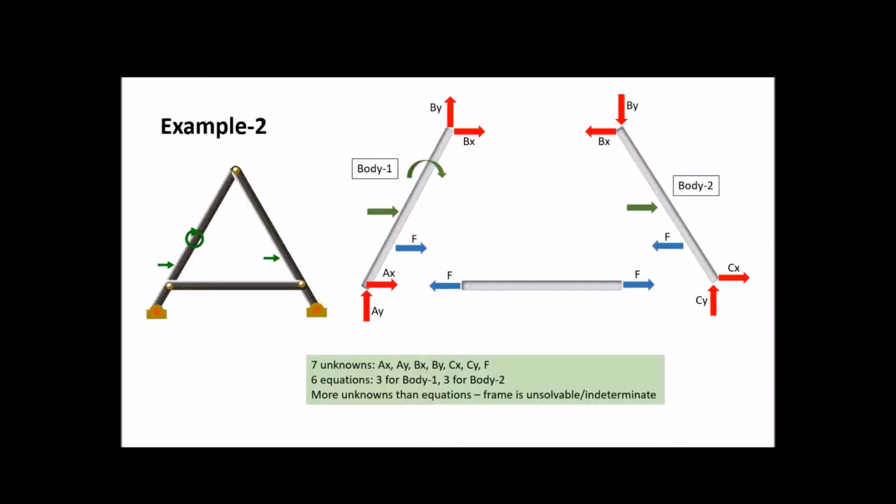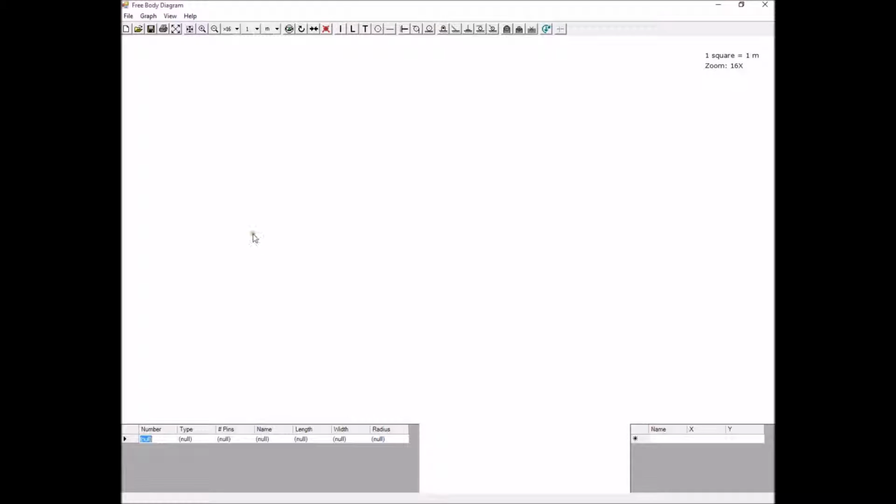So for this we have 7 unknowns: AX, AY, BX, BY, CX, CY, and F. And for this we have 6 equations. We have 3 for body 1 and 3 for body 2. In this case we have more unknowns than we have equations, and because of this the frame is unsolvable or indeterminate. So like our previous problem, we're going to use StaticsPower and the free body diagram portion of it to evaluate example 2. So we're going to bring out 3 members this time,